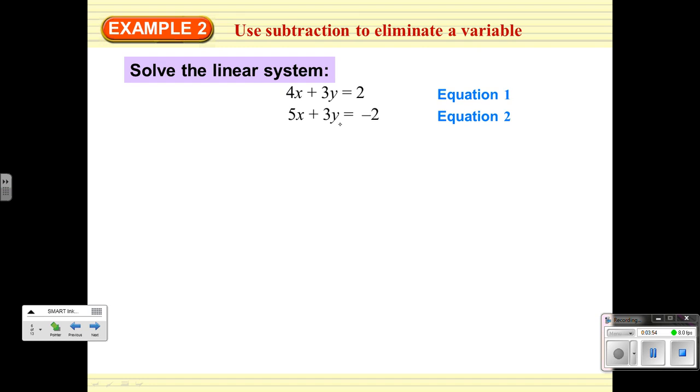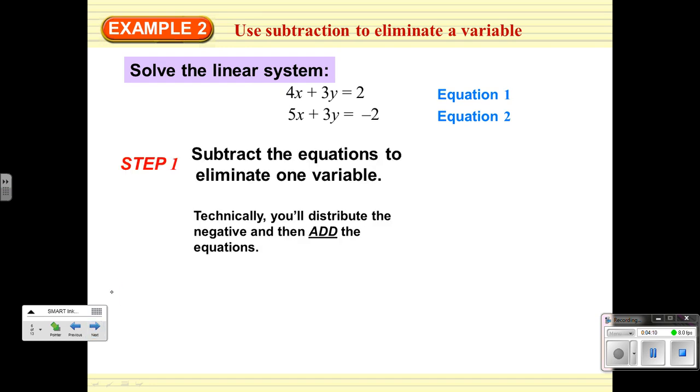They're both positive. So if we add these two equations together right now, we would end up with 9x plus 6y equals 0. Well, that's not going to help us. So what we're going to do is subtract the equations. And technically what we're doing, and I'll show you this in a second, is if we subtract this equation right here,